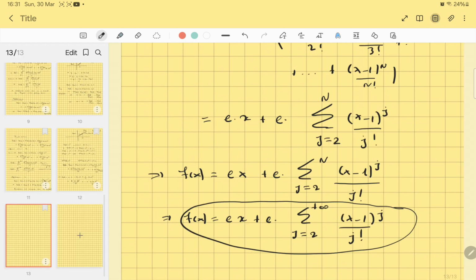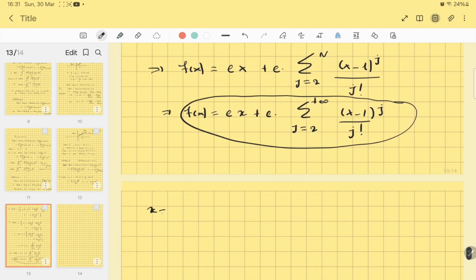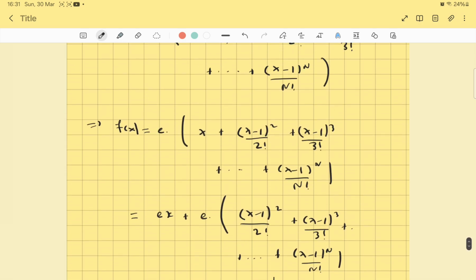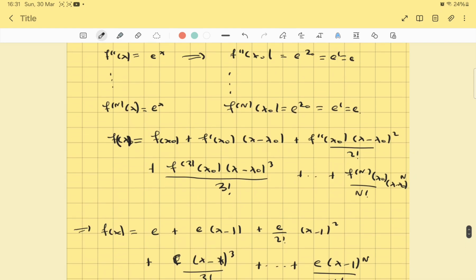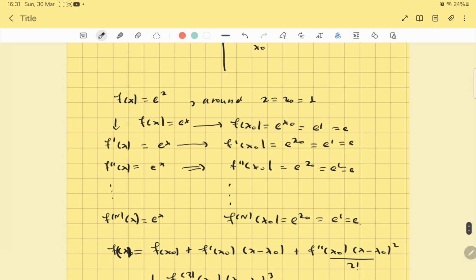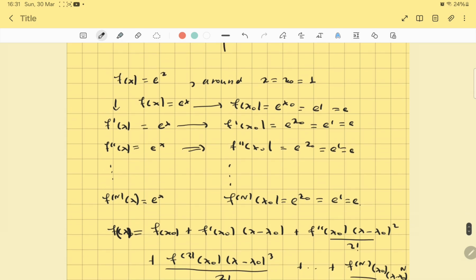And you can see that for x equals 1, f of 1 equals e. The more terms you get in the Taylor expansion, the better it is. The better it approximates the function. So here I've used the exponential because it's a simpler function, and I use the Taylor expansion around x naught equal to 1. So I calculate the derivatives, I evaluate the function at this point, x naught,